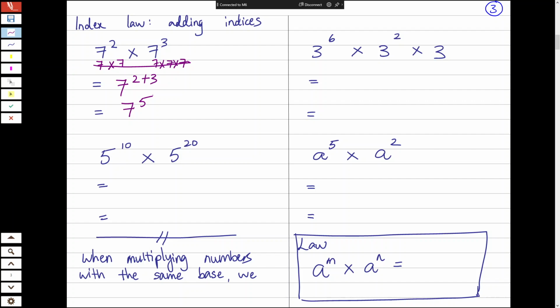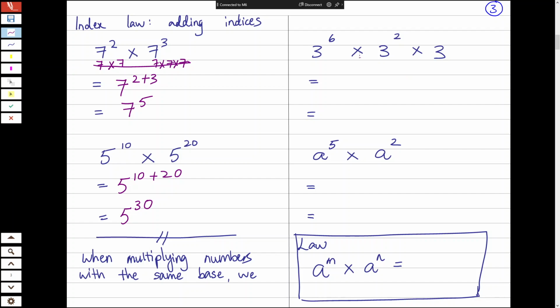This number here has 10 5s. And then I've got another 20 fives. How many fives are there going to be in total? 30. So the way I'm going to write this is like so. 10 plus 20 is just going to give me the total. And yes, it is indeed 30. Thank you, Reese. All right. Let's go with